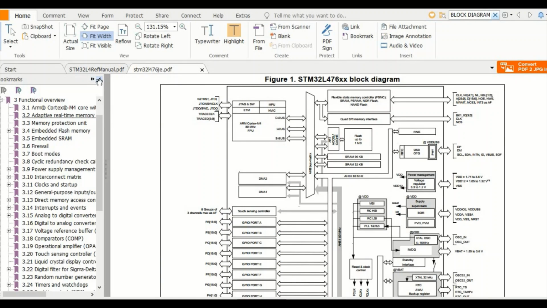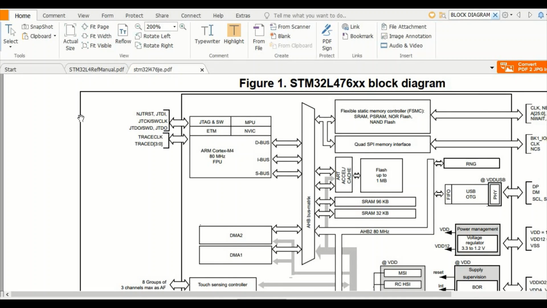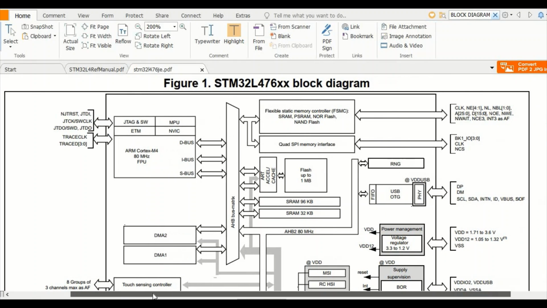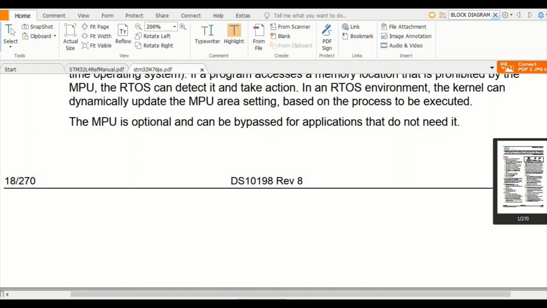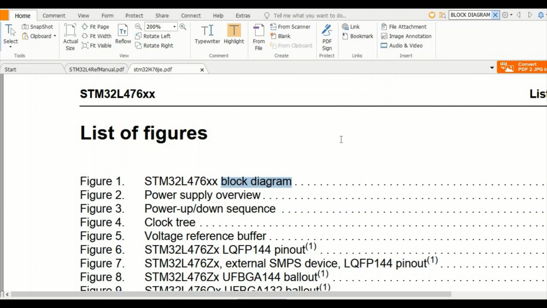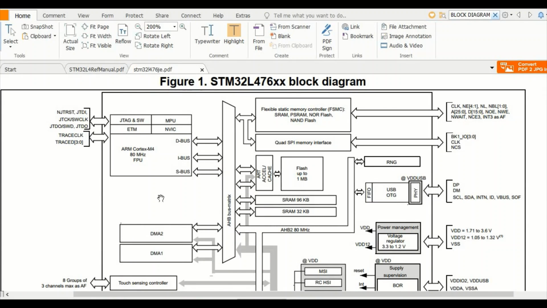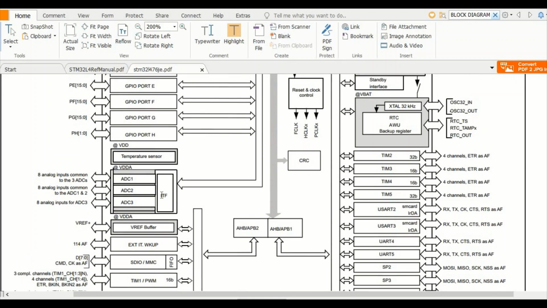So let's see where the AHB is here. This one is the AHB.